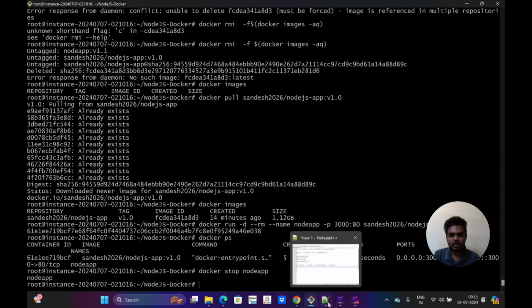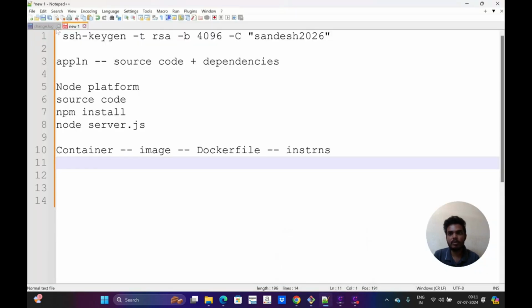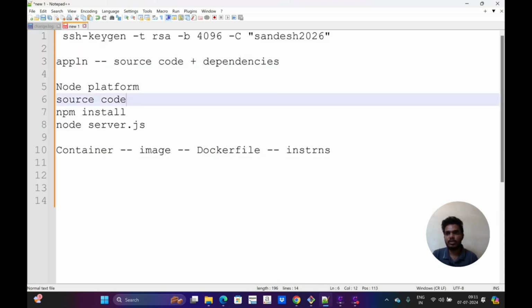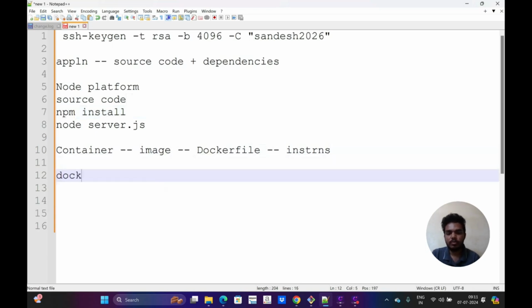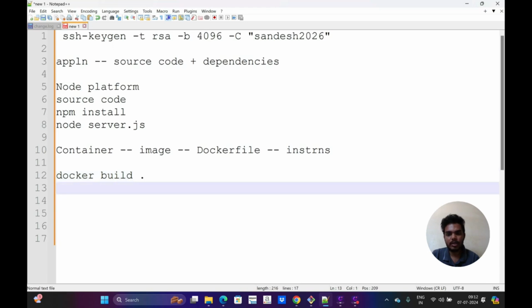Then one more thing I want to show you. I will just brush up all the things we have learned today. First, we created an application using Node. We created a Dockerfile, image, container. Then what we learned is, for building, we run the docker build command with the path name. Then for creating a container, docker run -p, then 3080,